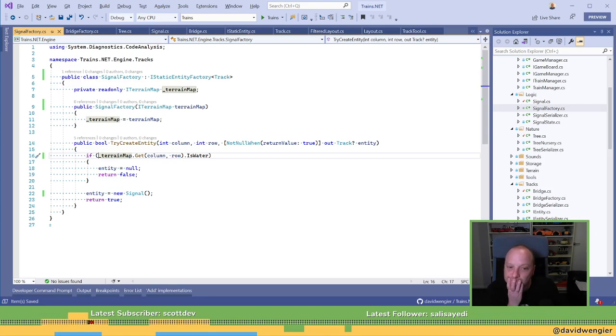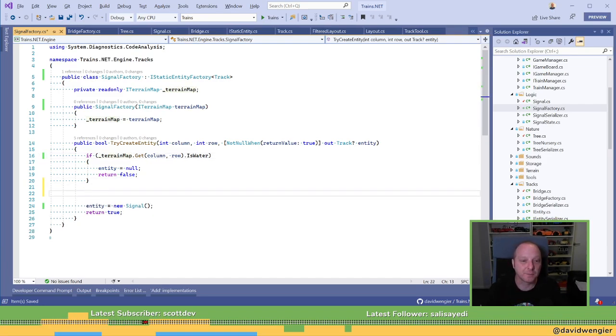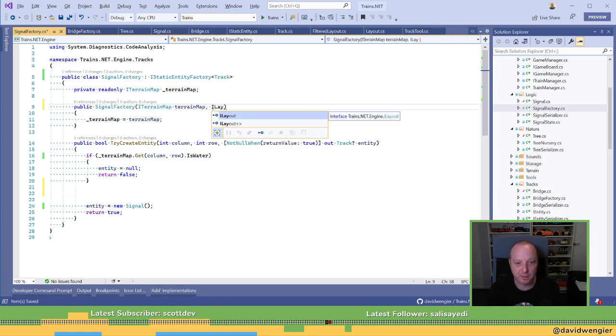Now this is interesting. We only want to create a signal if we can connect horizontally or vertically, because signals don't go around the corner, which is interesting. So I guess this needs an ILayout of track.